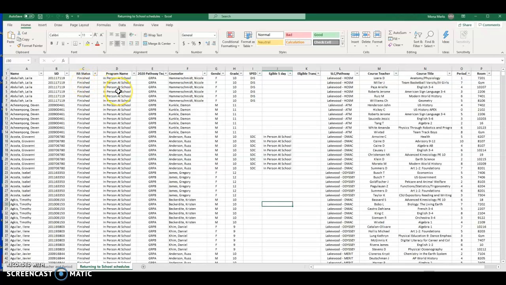I put together a database of our students who are returning on campus by name, ID, their status, their selection to be in person at school, whether or not they are Group A or Group B, who their counselor is, if they are male or female, grade level, special ed, if they are eligible to be on campus 5 days because they are SDC, and if they are in SDC, it will say yes, they were eligible